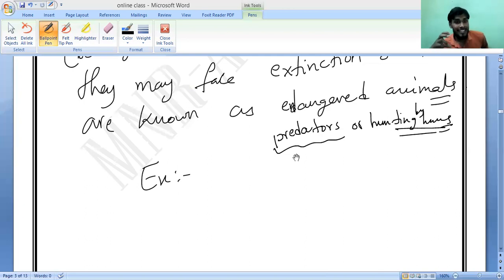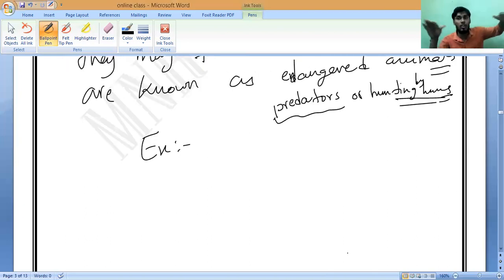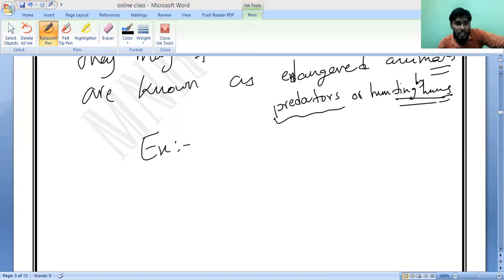So the survival of wild animals is becoming more and more difficult day by day because of the destruction of natural habitats. As we know, because of our selfishness and greediness, we are extending the cities towards the forest. We are destroying all the natural habitats. It is becoming very difficult for the survival of endangered species and even many wild animals.